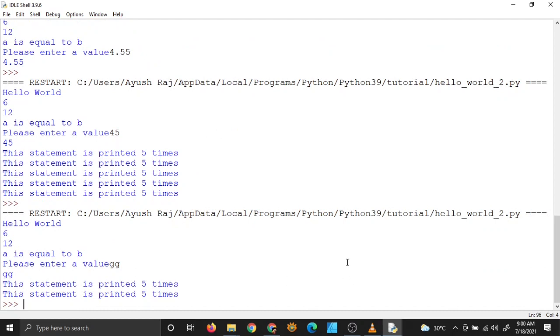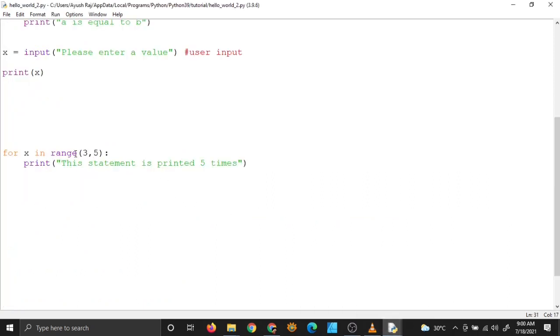Okay, it is non-inclusive, it seems. It does not include one of the boundary values. So you have to subtract it. 5 minus 3 is 2, so it ran 2 times. And if you don't put anything here, that means 5 minus 0 is 5, so it will run 5 times. So that's the essence of the range statement.